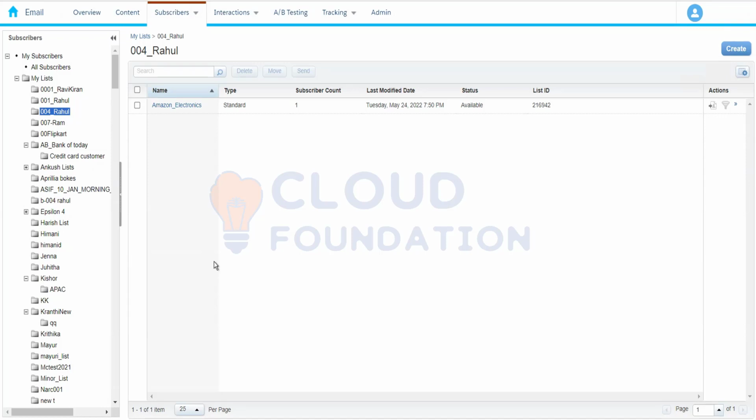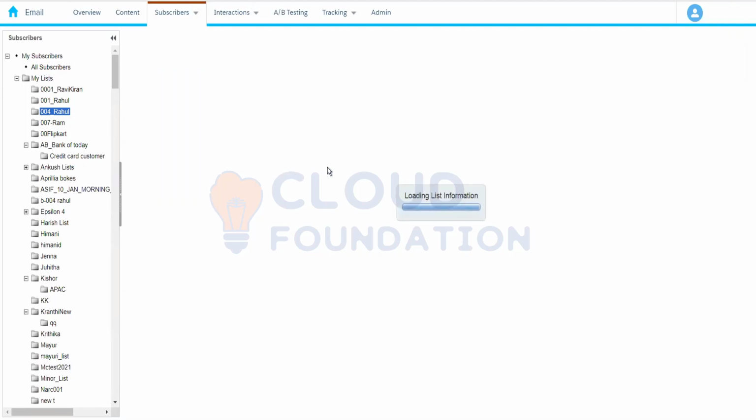Now, when we talk about subscription, the same rule applies. If you unsubscribe from the parent, it means the subscriber is unsubscribed from all communication. It is like an account level unsubscription, where the subscriber will be unsubscribed from all kinds of email communications. Now, if we unsubscribe from a particular list,